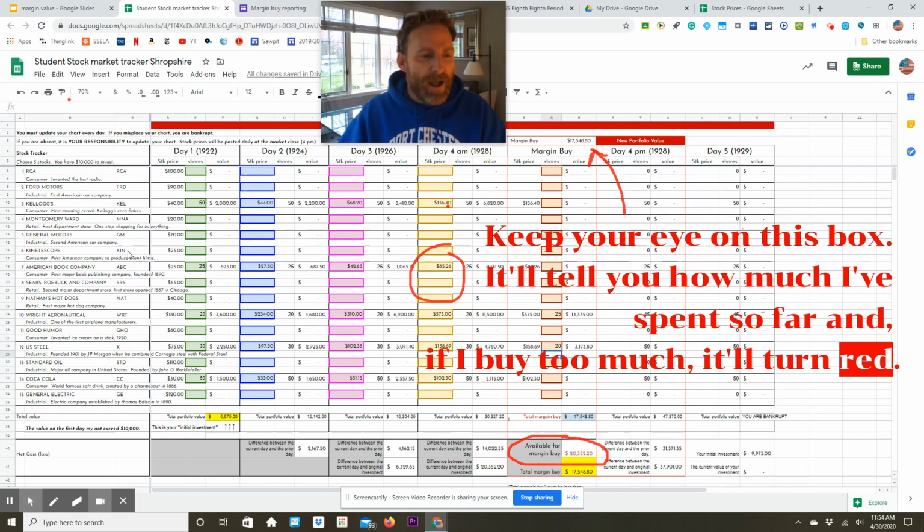What the heck? While they're on the airplane, maybe they can read a book. So I'm going to buy more books. I'm going to buy 30 shares of American Book Company. All right. Oh, I'm getting very close. 20,000. I can spend a little bit more money. So I think while they're reading, they also might want to have a Coke and a smile. I think that tagline came out later, by the way. So I'm going to buy now 25 shares of